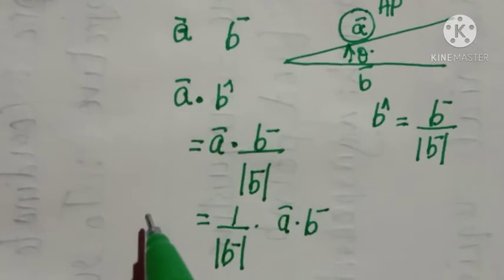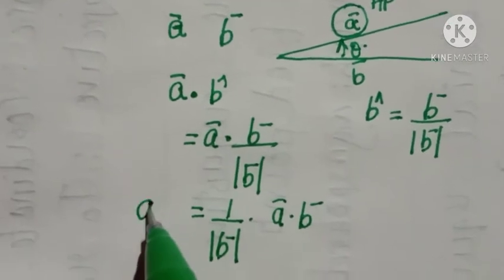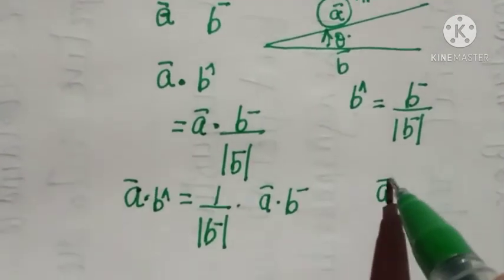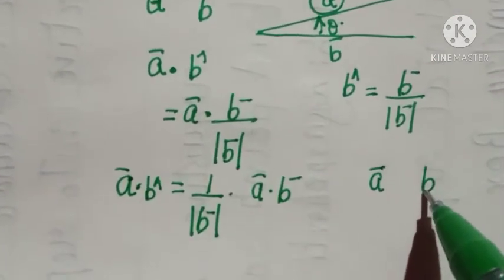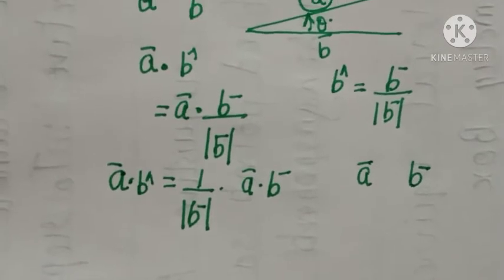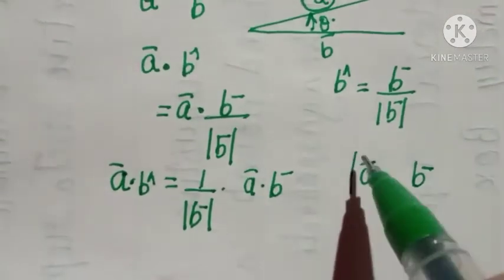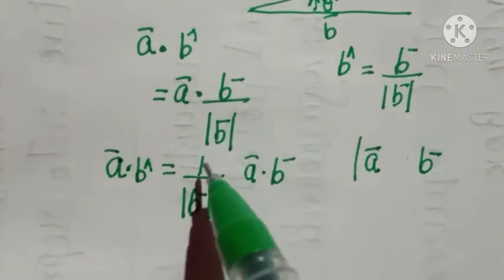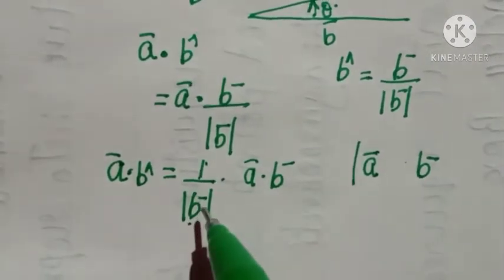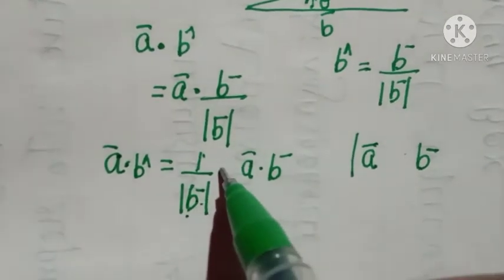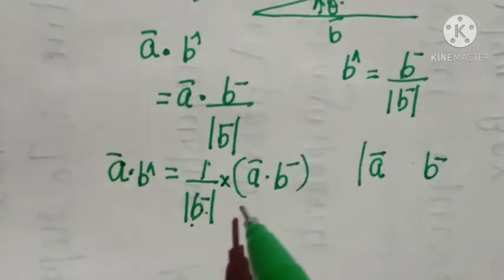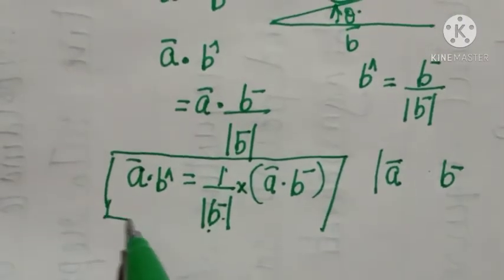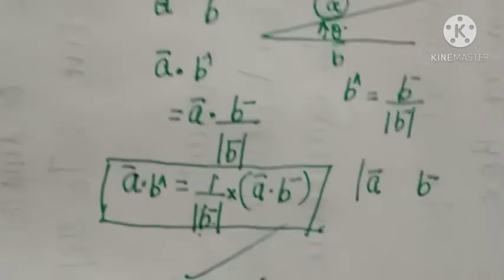So this is the formula for finding the projection of vector A on the other vector B. Is it clear? So learn by heart the formula: the projection of a vector on another vector is obtained by 1 by magnitude of vector B into A dot B. So using this formula we can see some problems to solve. Okay. Now let's see